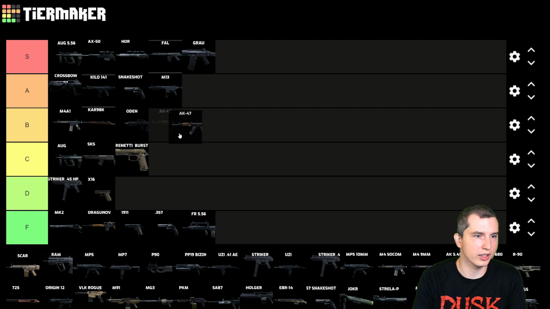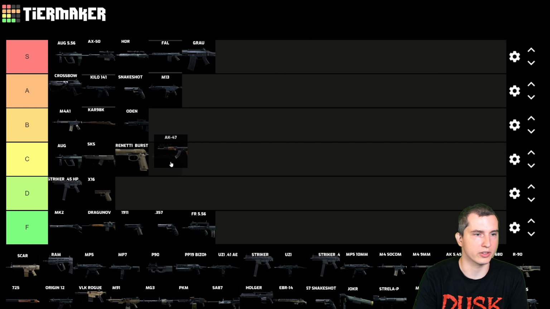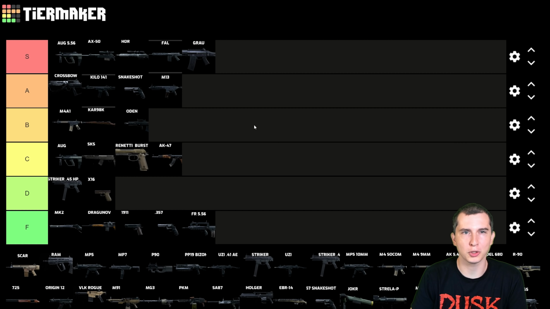AK-47 is getting a solid B tier here. AK-47 is getting a B. AK is pretty solid. I think it's actually, I'm gonna drop the AK-47. I'm sorry guys, I'm gonna drop it down one down here to C tier. The AK-47 could be better,